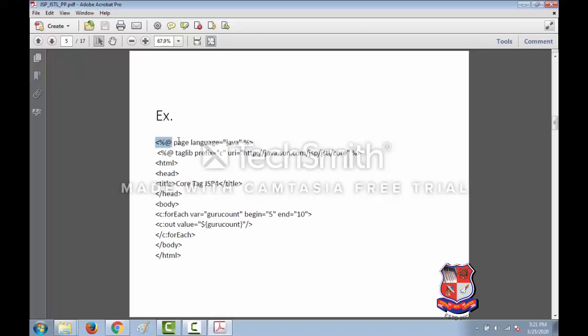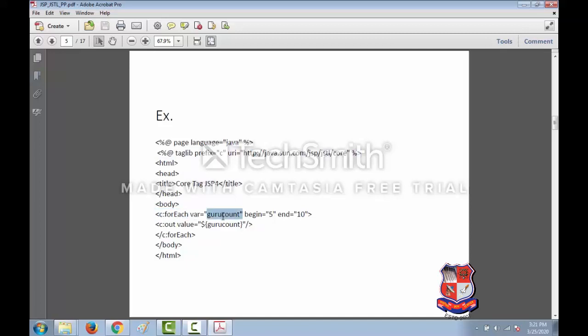Here you can see we have used the page directive, @page language equal to java. Then we have used the taglib directive, prefix is c, URI is http://java.sun.com/jsp/jstl/core. This you have to define as it is. Now here we have c:forEach, and a variable.